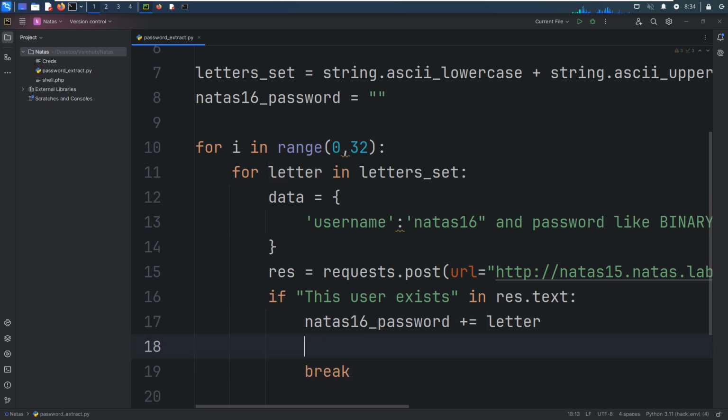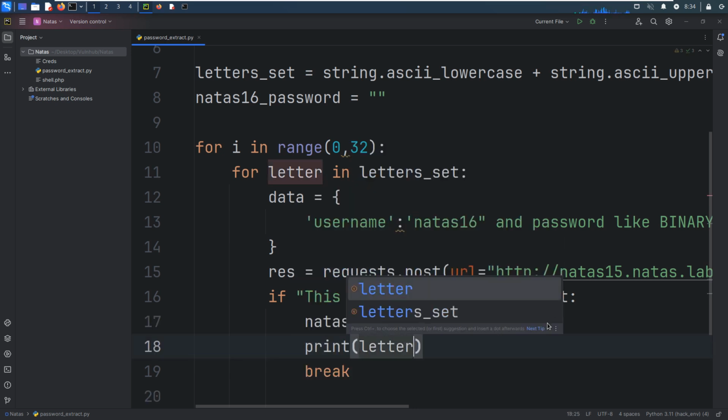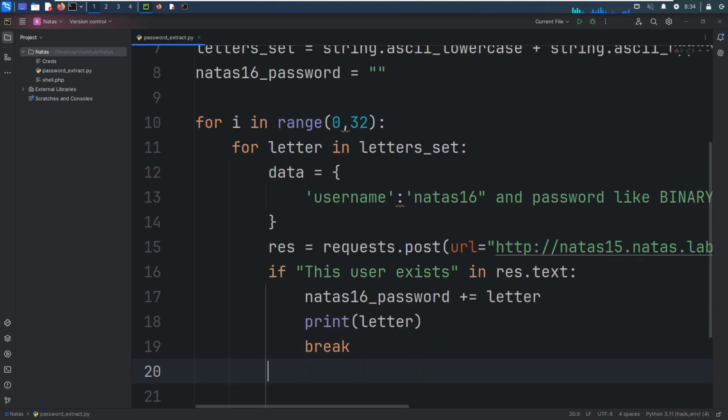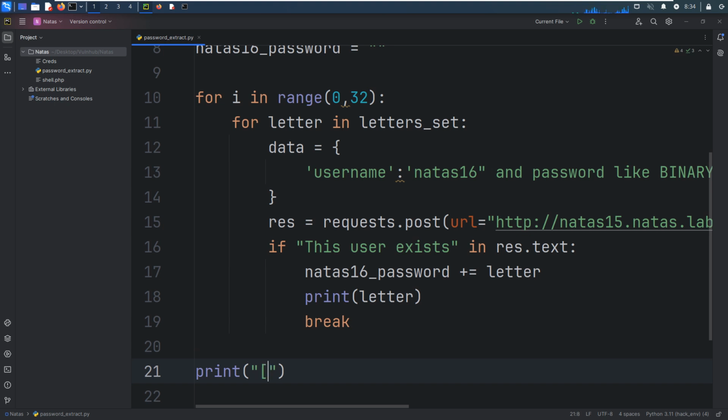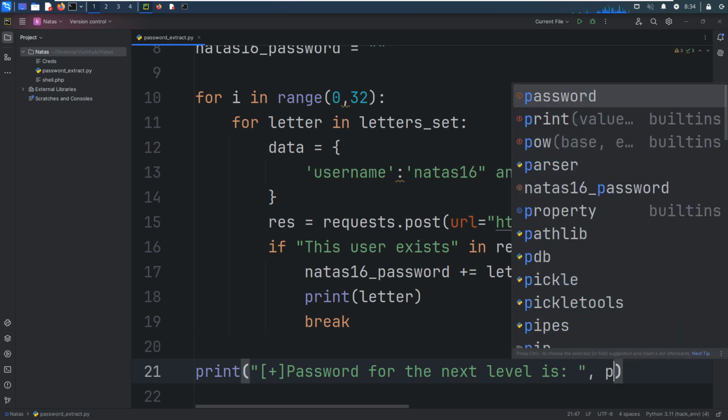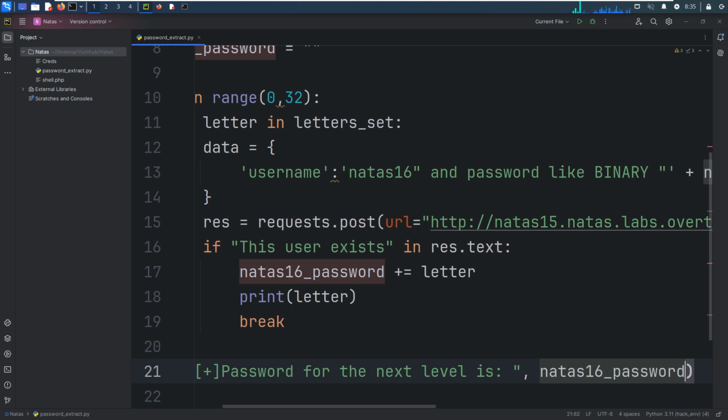And at the end, we can print out something like: the password for the next level is, and then print out Natas16.